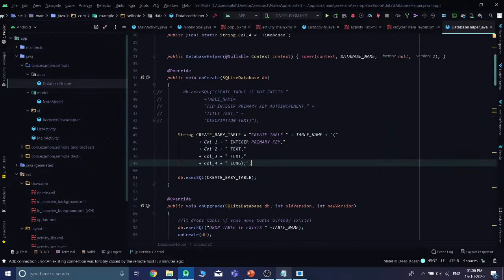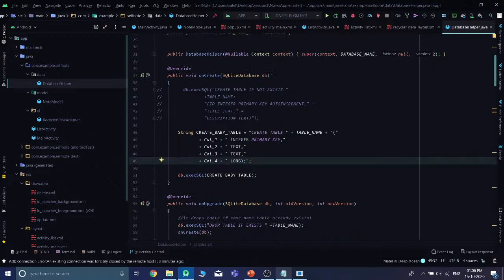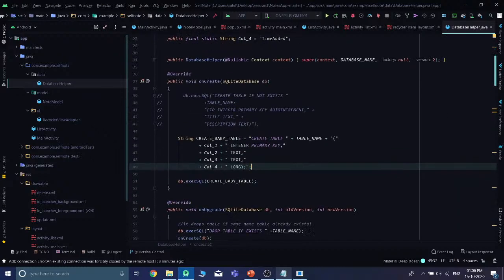So what is table underscore name? It's basically what I defined over here, note table. So it's going to say I want to create a table which is called note table, with the first column. This bracket is very important because that's basically just opening the bracket and closing the bracket. You can see how it's closing over here, in the last string value that I've put here. So create a table, note table, first column,